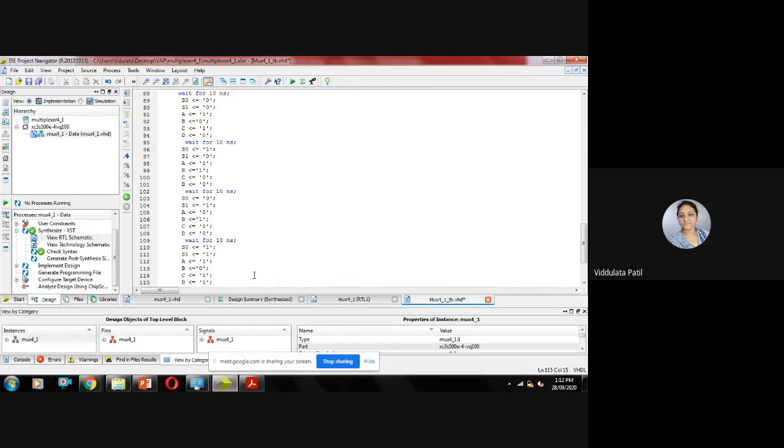In this case, now I have made S0 1, S1 1. A is equal to 1, B is equal to 0, C is equal to 1, D is equal to 1. What will be the output?